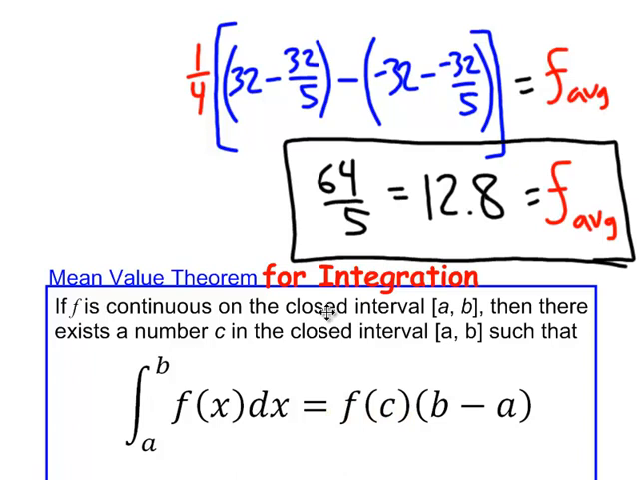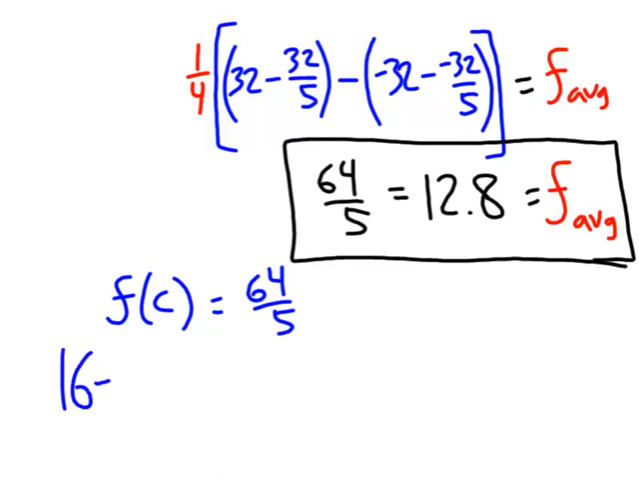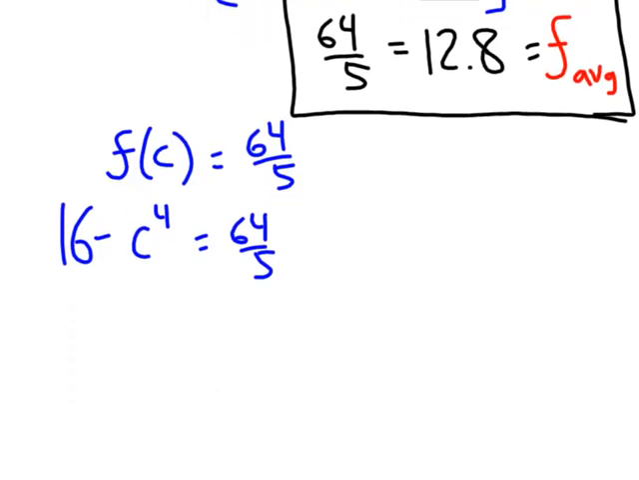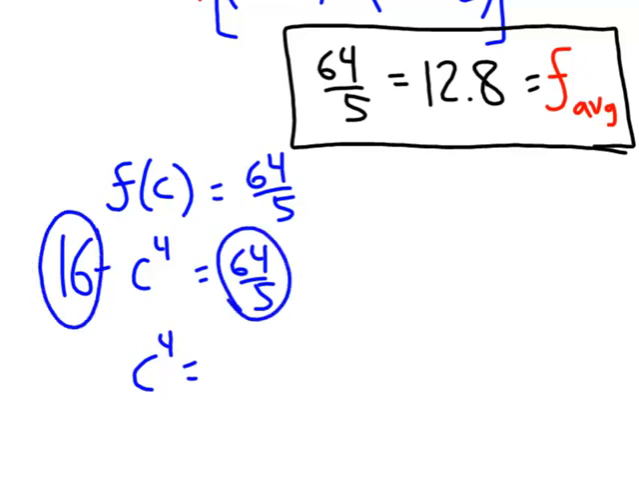So let's get this out of the way. And let's set f of c equals that 12.8 or 64/5. And f of c is going to be 16 minus c to the 4th power equals 64/5. If you instead just keep an x here and solve for x instead, not a big deal as long as you realize that that x represents the c values guaranteed by the MVT. And if I rather quickly go ahead and solve that algebraically, that would give me c to the 4th equals 16 minus 64/5. That's going to be 80/5 minus 64/5. And 80 minus 64 gives me